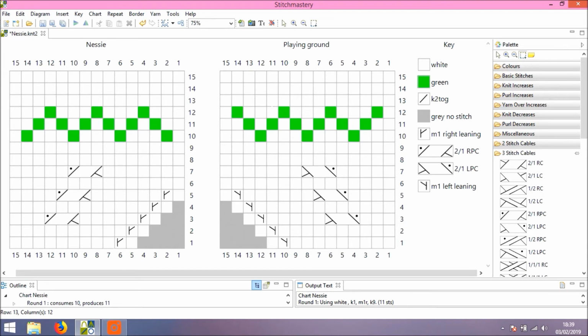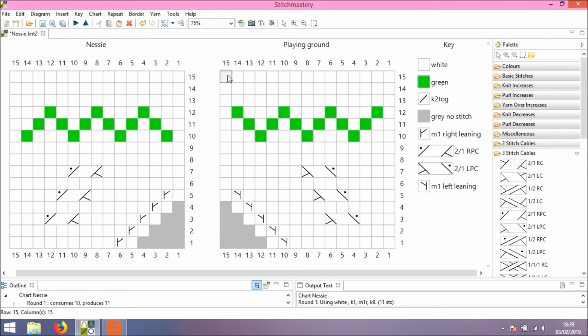Now, you may wish to use this feature to mirror items, and the way to do this is to select what you want to mirror. So let's select our Nessie stitches again and copy, and so I've copied with the keyboard control.